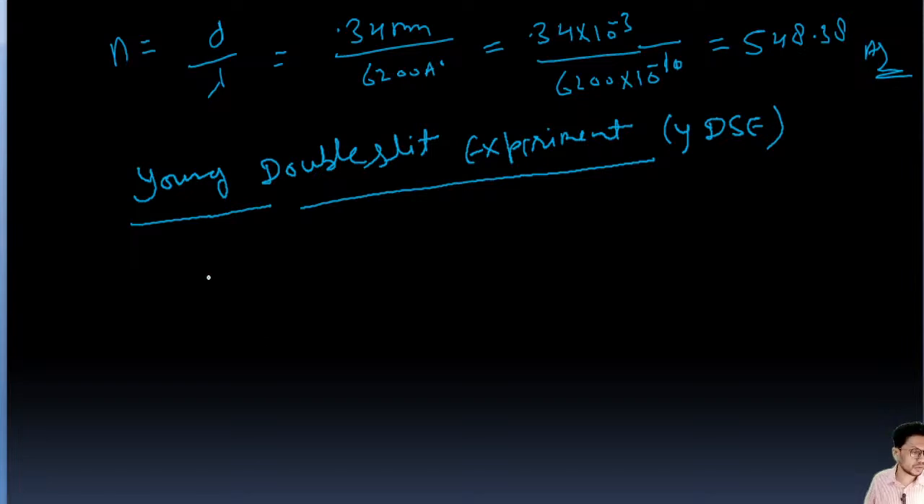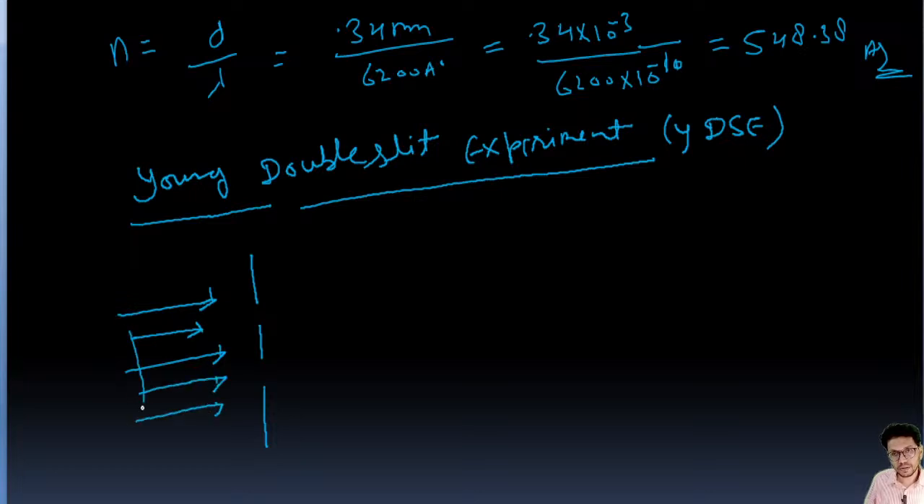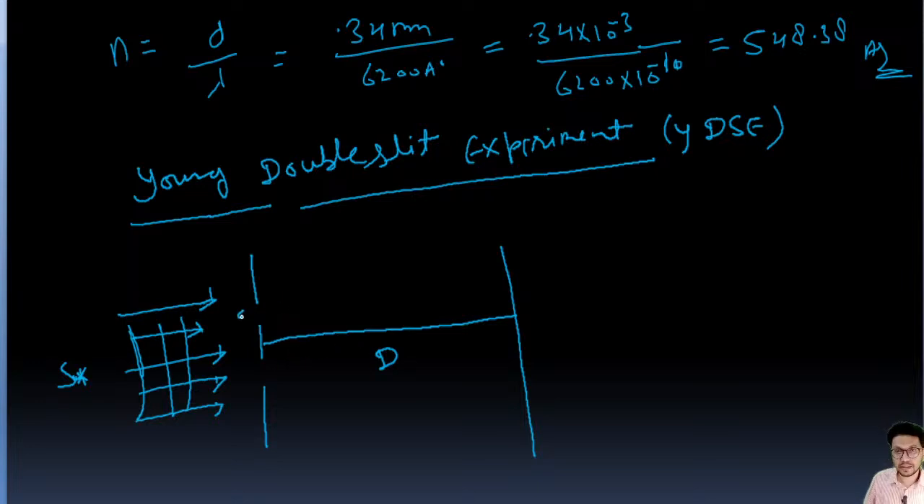You know the Young double slit experiment means this one. There are two slits, and from here you'll get the spherical wave. This is the source, and this is the screen, and this is the distance between screen and slit. This is slit S1, this is S2, and at any point P they make a